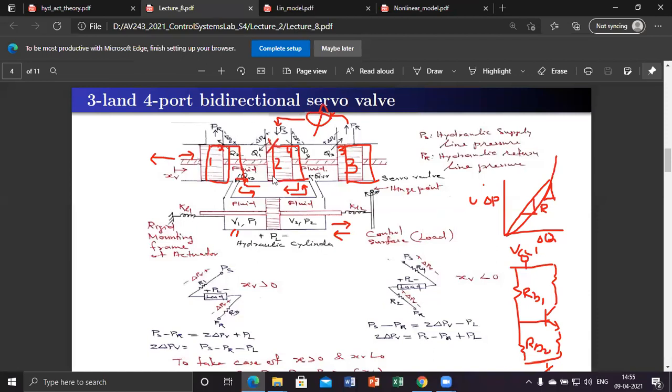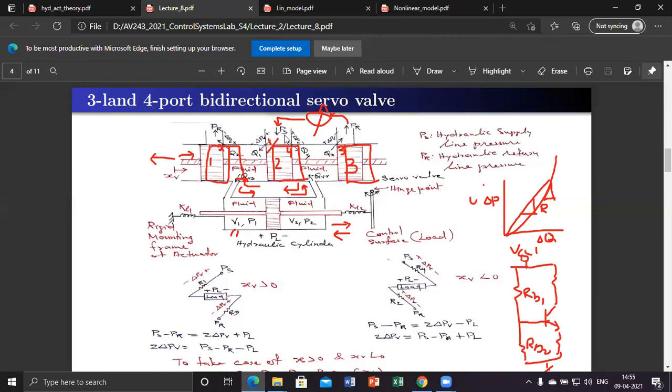While there is underlap, the spool is here at the middle. You know that there is underlap here as well as here, similarly underlap here and there. So what really happens is flow comes from the supply and goes into this part. Similarly, flow will come here and go into this part. And because of this flow, yesterday I was talking about this bleeder resistance also.